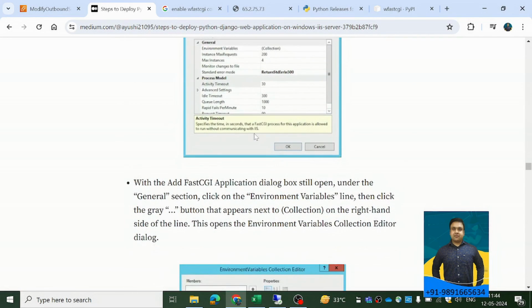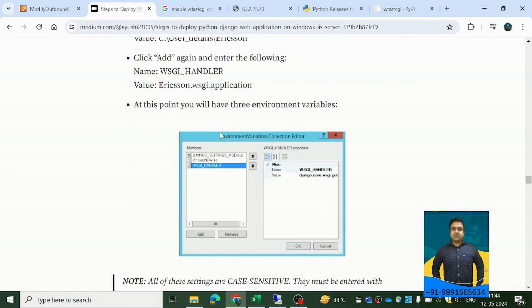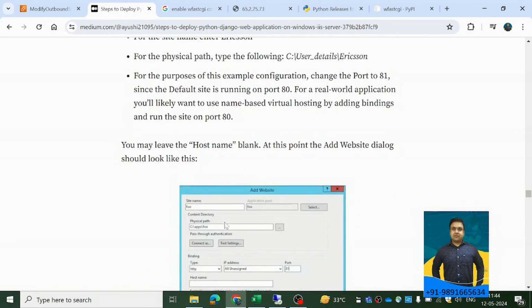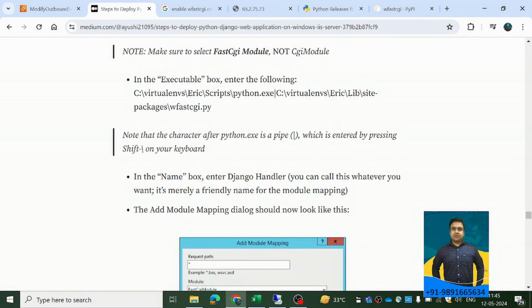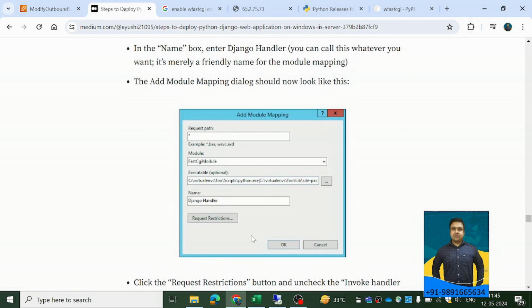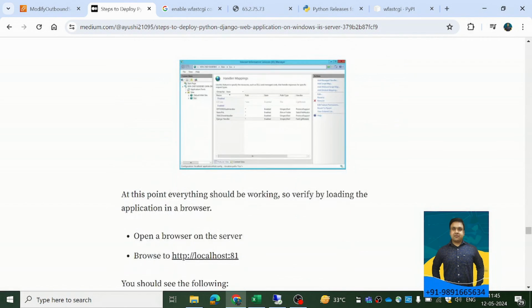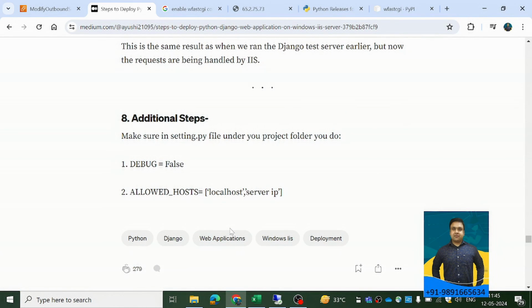Okay, and if you face any issues while going through the steps which I've showed in the video, you can also check out this tutorial. It has everything which you can use for deploying the application on a Django, on an IIS server. But following this, I was not able to deploy it correctly. There are some things which are missing, and I've covered everything in my tutorial. In case following this also doesn't help you, you can let me know about it in the